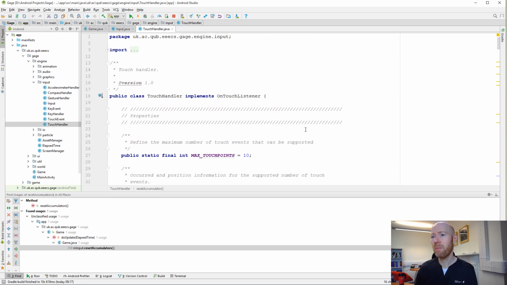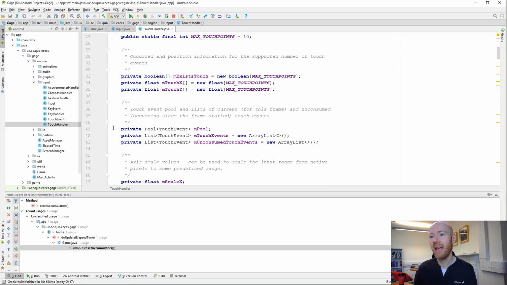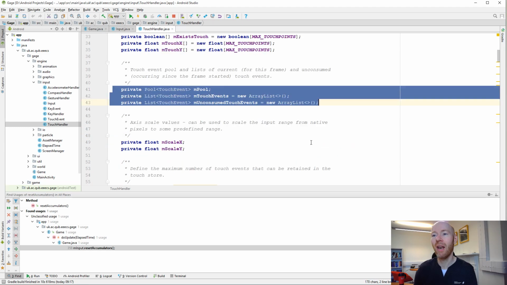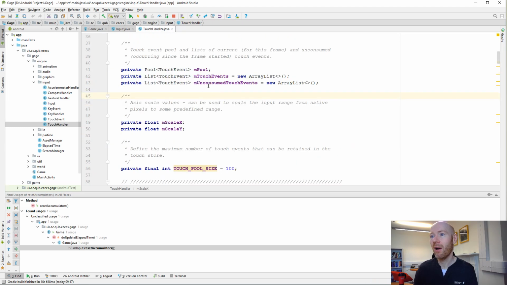So a bit more of a significant class. Touch handler, it implements on touch listener. Inside this here, we've got a couple of relevant data structures. We've got one for touch events, and this is the list of touch events for this particular update. So we update and draw, update and draw. So the ones that should be consumed for this particular update are stored in our